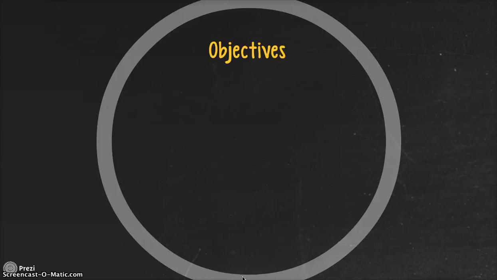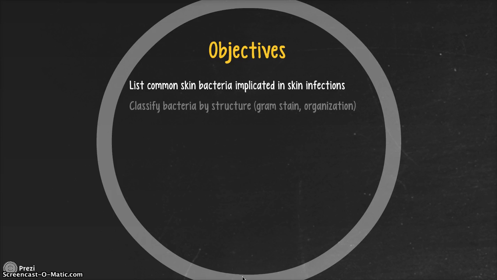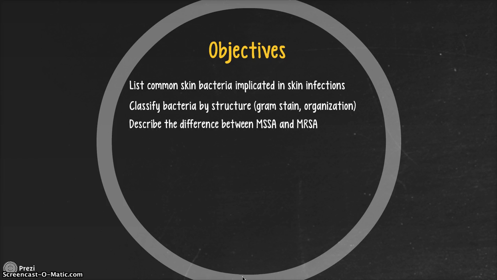By the end of this chalk talk, you should be able to list common skin bacteria implicated in skin infections, classify bacteria by structure, like gram stain and organization, describe the difference between methicillin-susceptible Staph aureus and methicillin-resistant Staph aureus, outline risk factors for community-acquired MRSA and hospital-acquired MRSA,